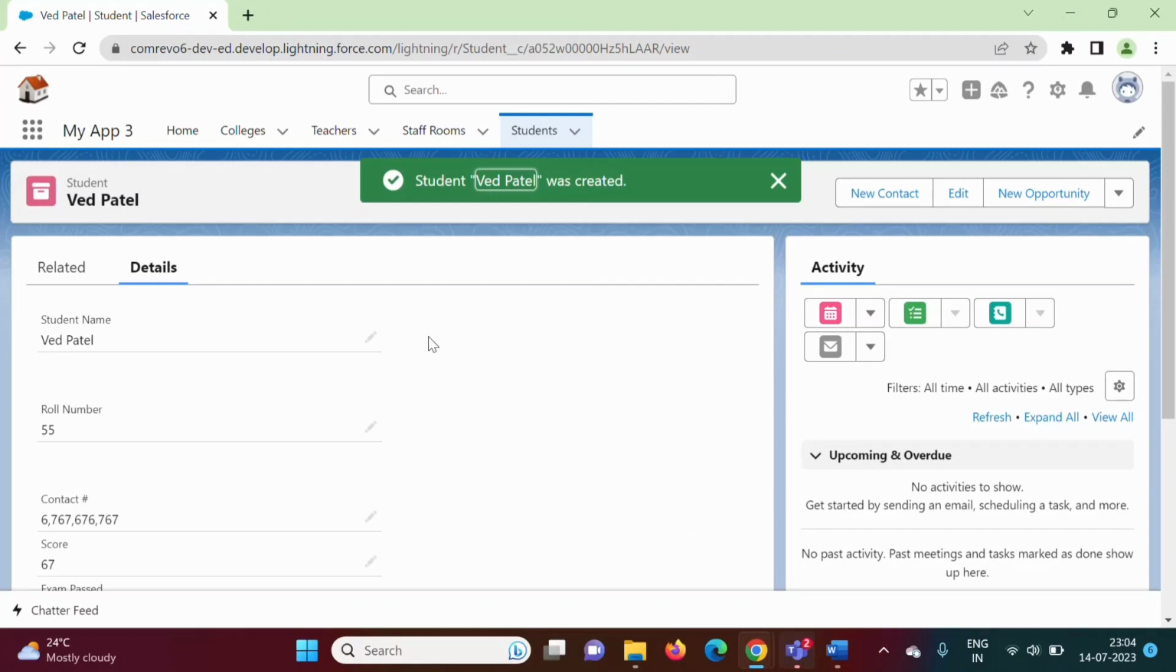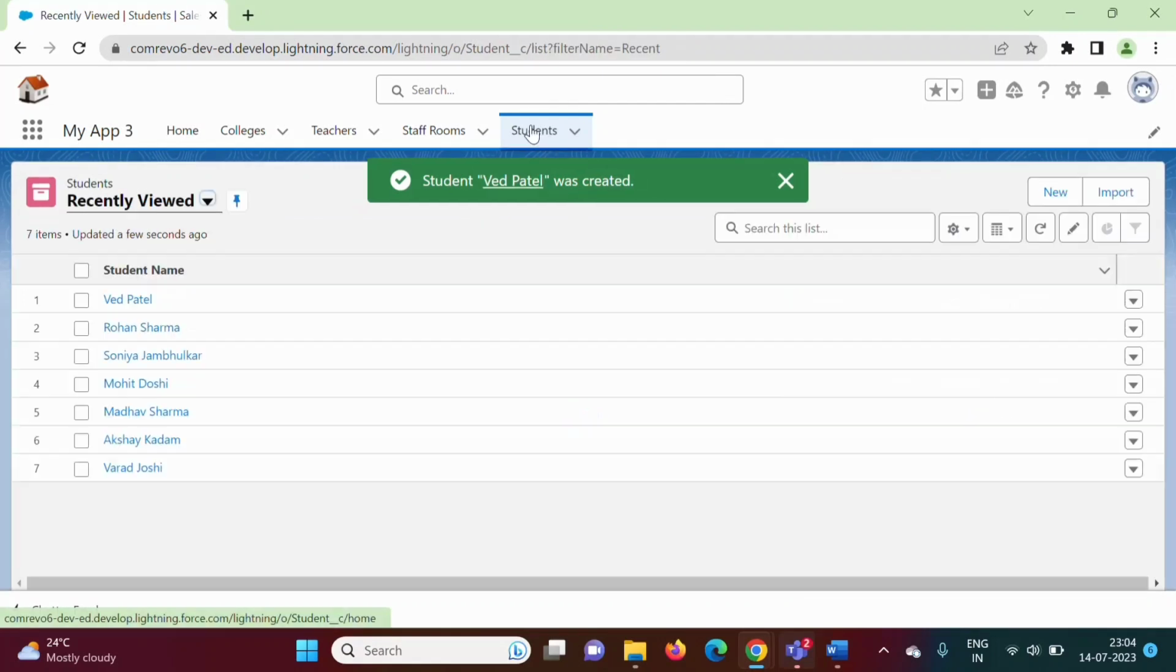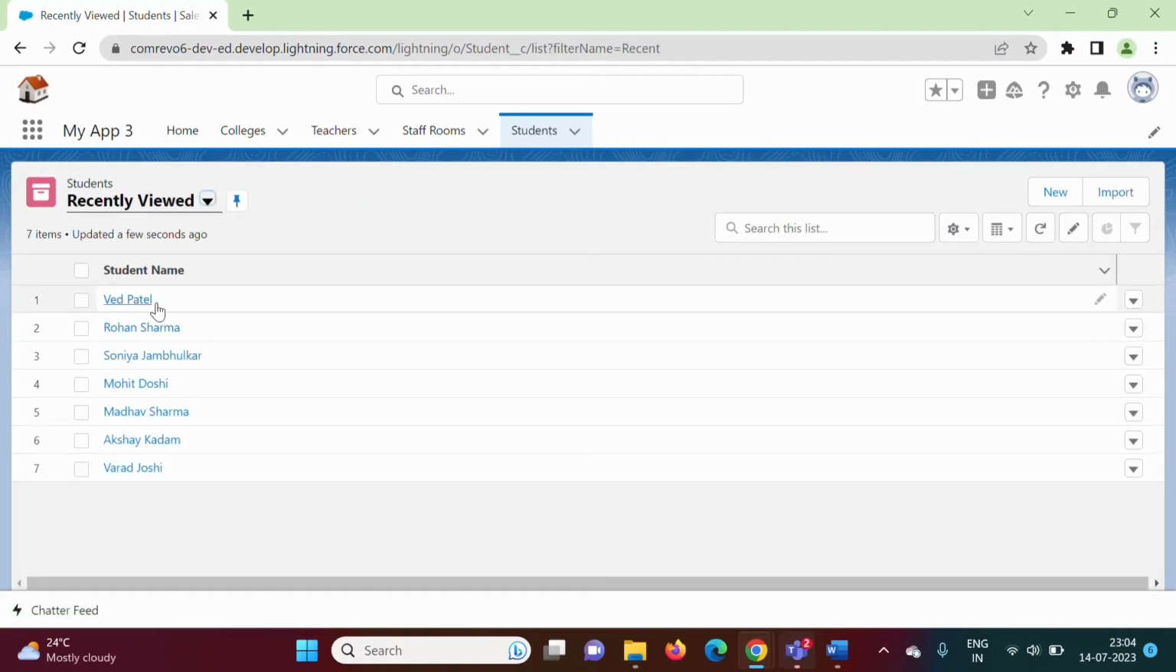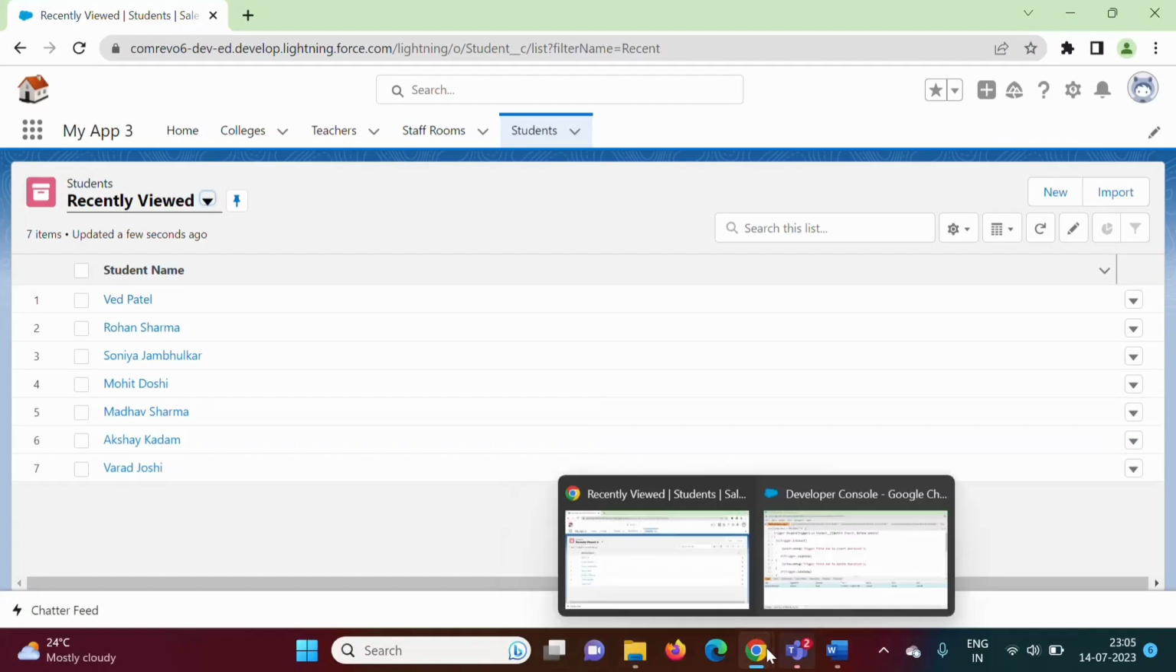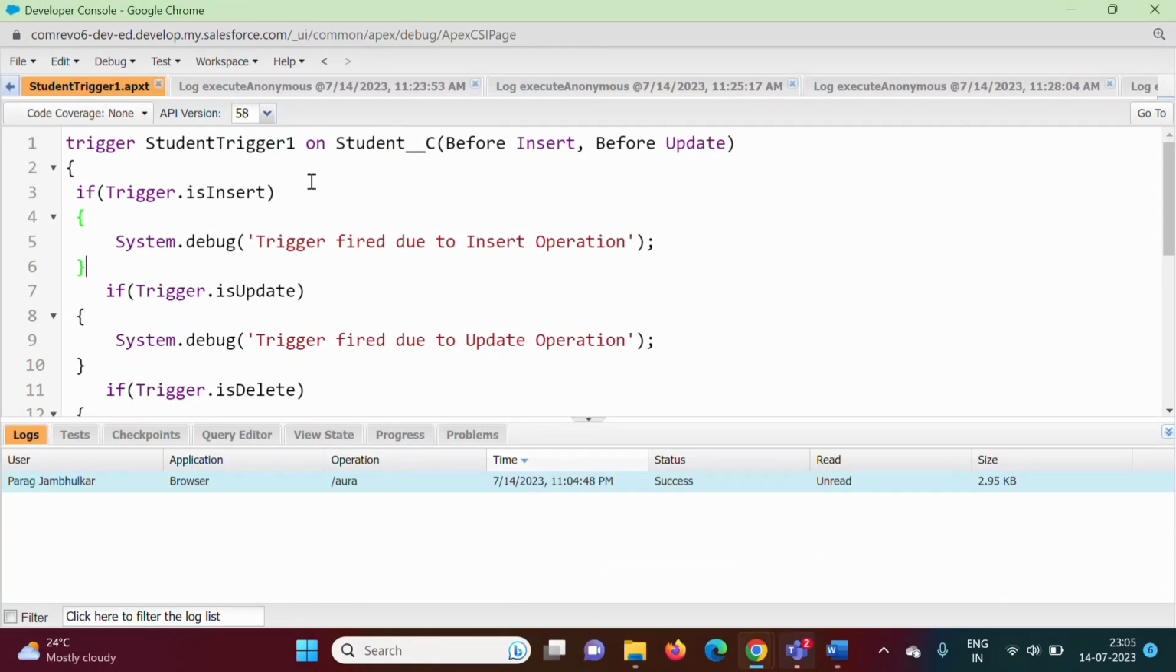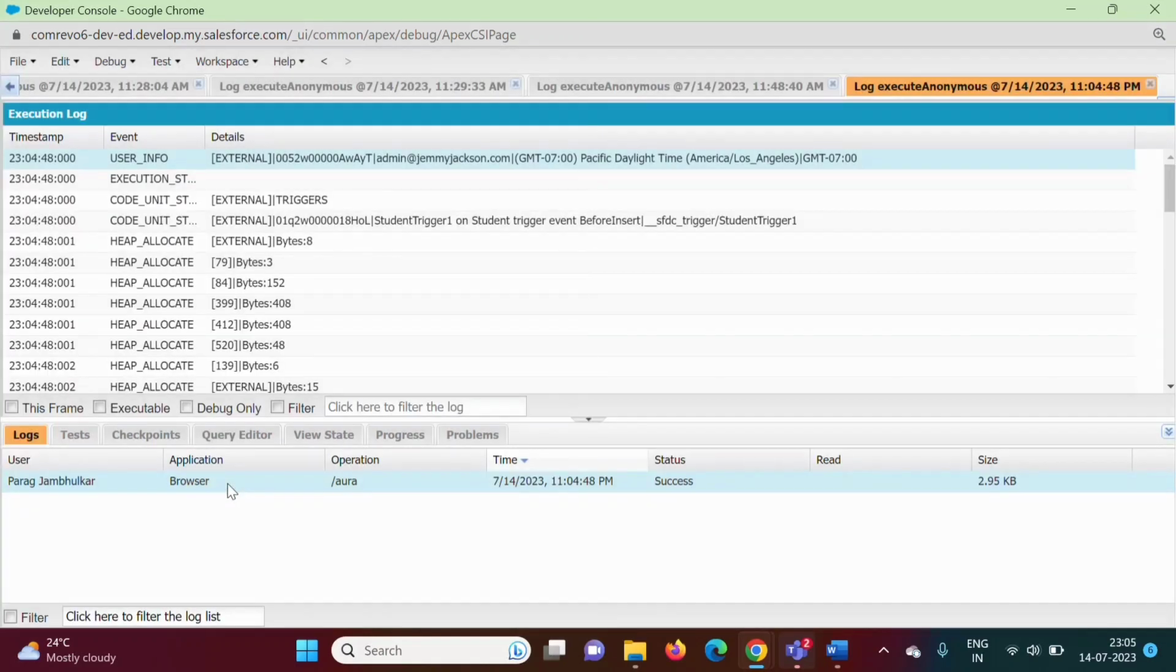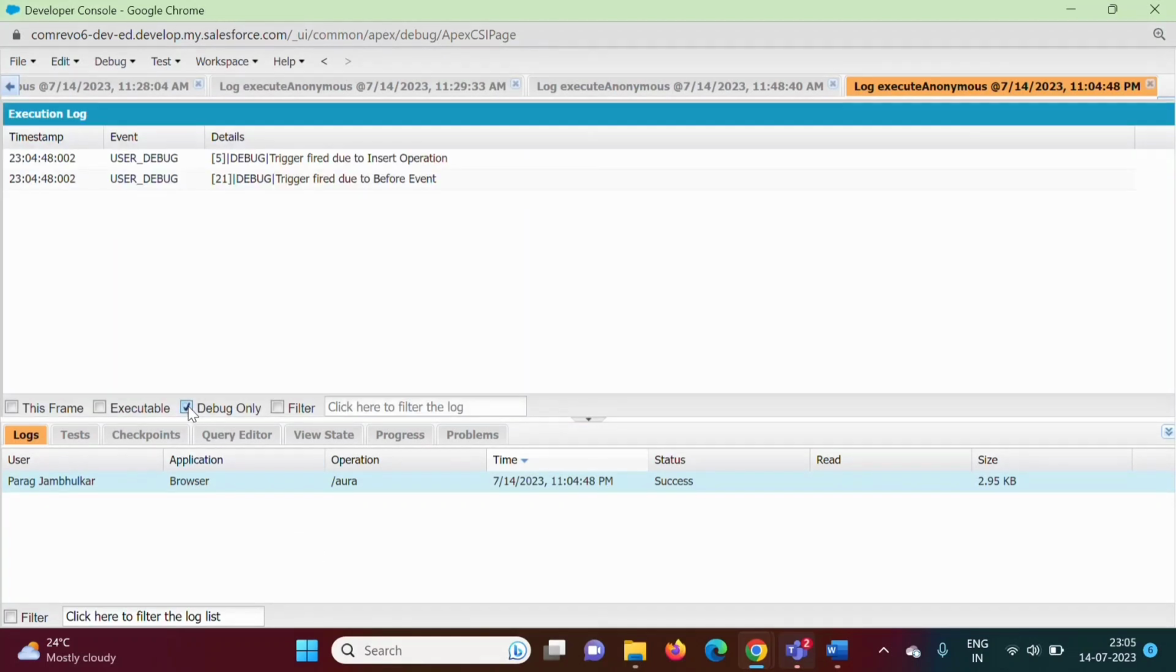Okay, so see, we have added this record, right? If I click on student, here you can see Ved Patel, this student we have added into our object, right? Now see, here we have the developer console, and if we click on this log, here we have this log, right? Now we'll click on this. Okay. Now we will select this debug only checkbox. So see, now here you can find the message trigger fired due to insert operation, trigger fired due to before event,